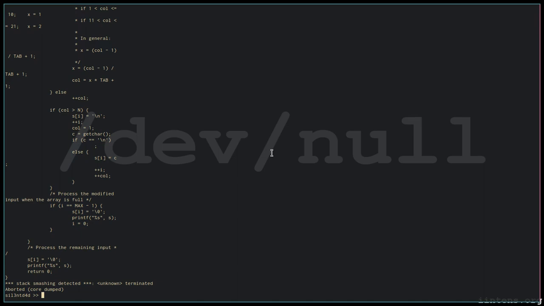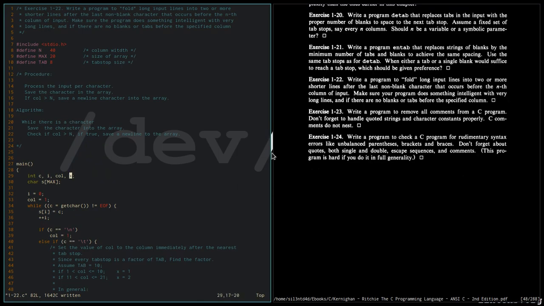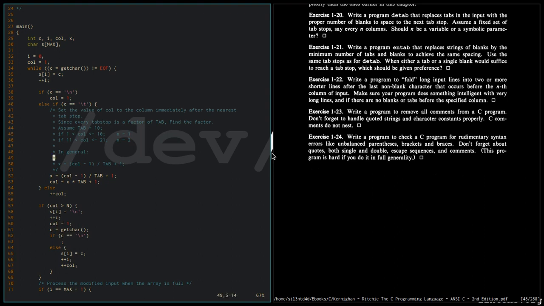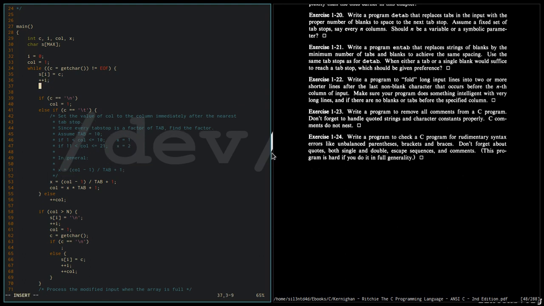Oh, stack smashing detected again. Stack smashing, because if there is an expression that increments the index of an array, there will always be a possibility of an overflow. So let's include some sort of a buffer overflow check. So if i is equal to